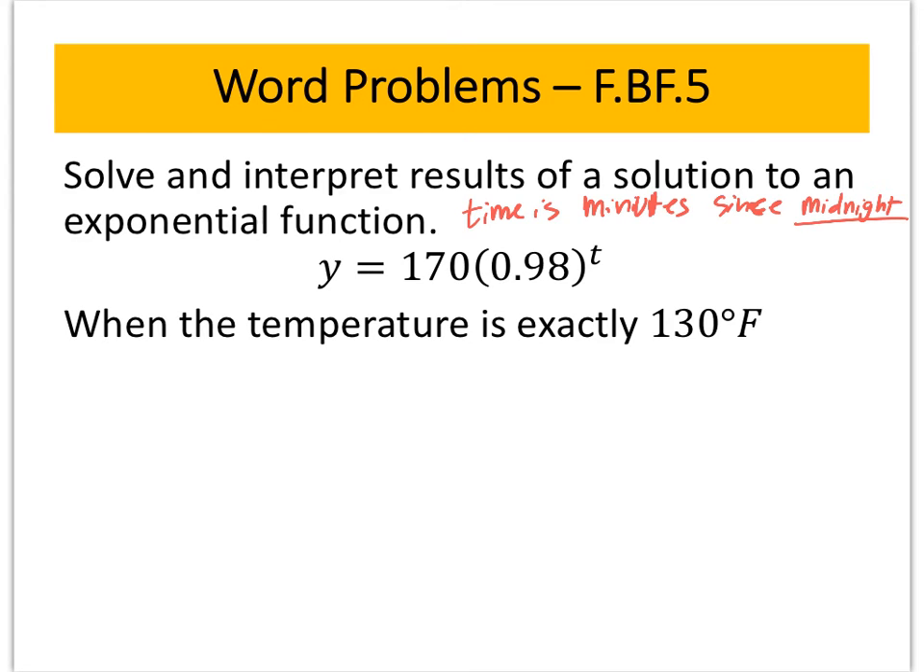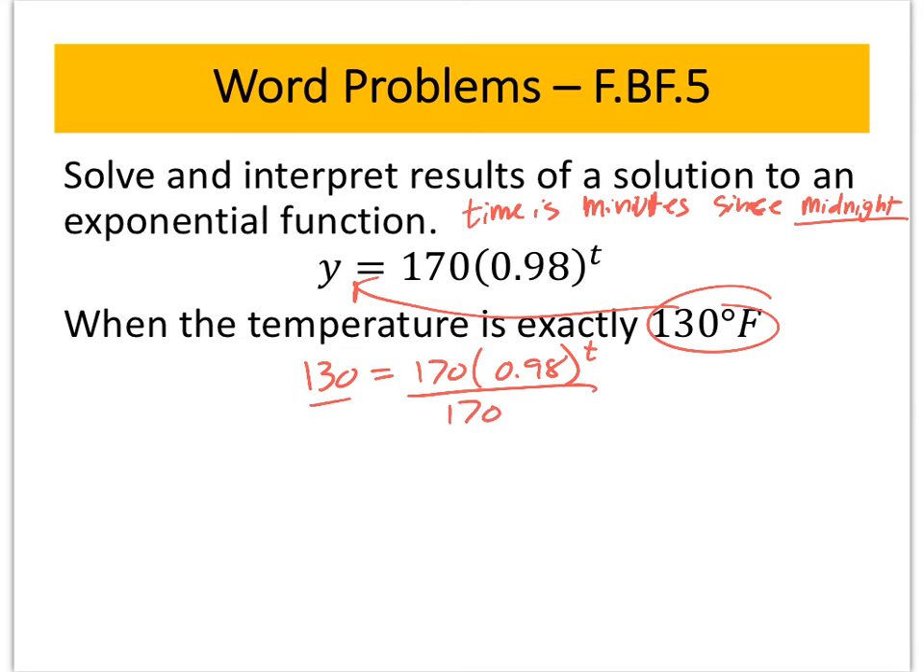Okay, so pause the video and give it a try. All right, hopefully you've given it a try by now. We know that T is minutes and the temperature is the Y value. So 130 equals 170 times 0.98 to the power of T. Divide by 170. So we get 0.98 to the power of T equals 130 over 170, and log